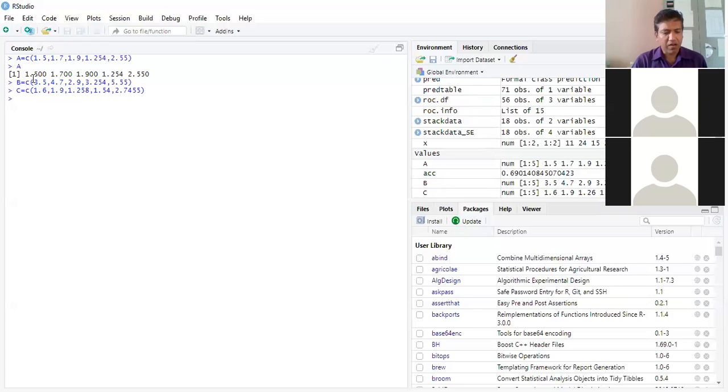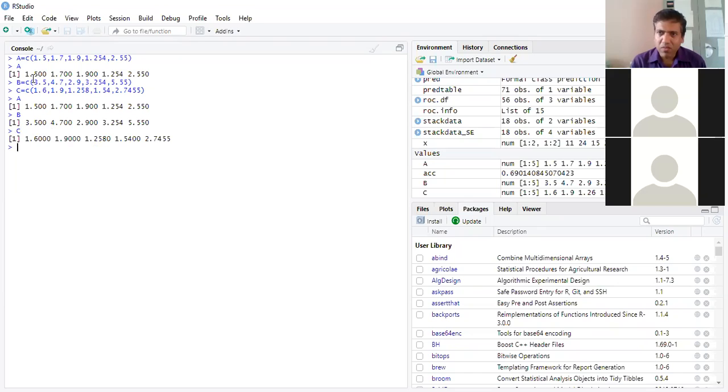Now if I type capital A and enter, the values of A come. Capital B, enter, the values of B come. Capital C, enter, the values of C come. This is the combine function.